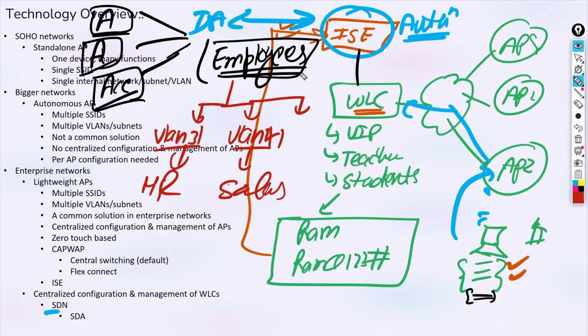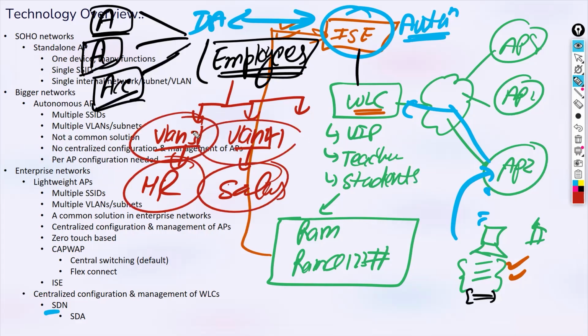So how many different WLANs did I configure? Just one, and under that I can define the policies. Remember, these are all the policies you will find. All of this is configured on the ISE. I hope that makes sense. So just under one WLAN, different VLANs, different roles, different departments can be configured without configuring separate WLANs and all on the WLC for all the APs. I hope that makes sense.